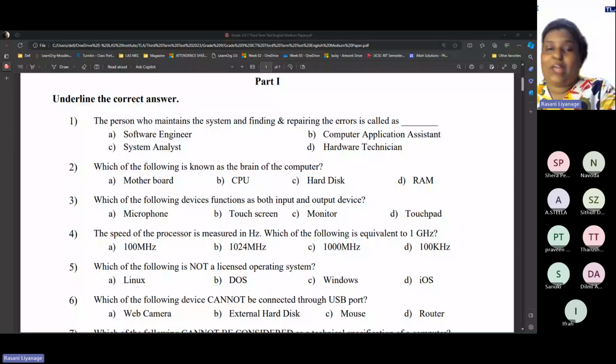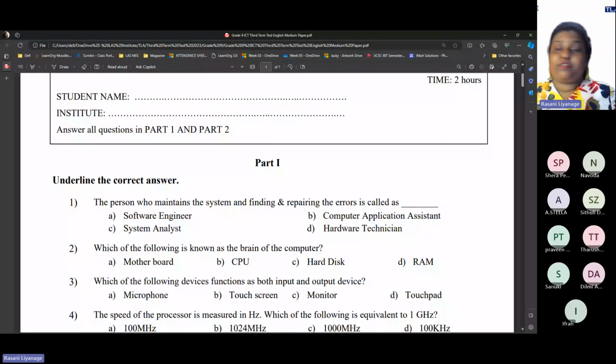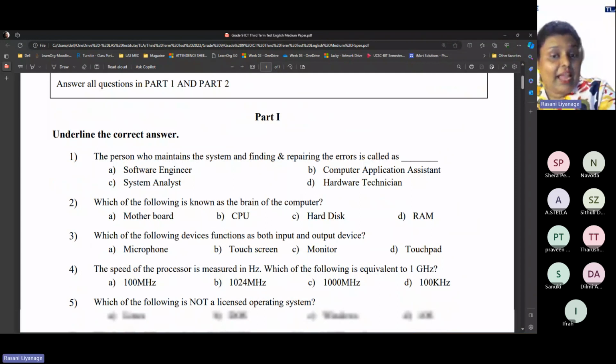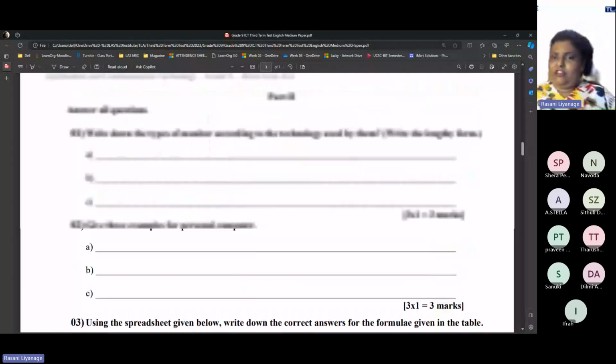We shall start the revision paper discussion now. You can see the screen here. This is actually a past paper made with a set of questions. Some were from government papers, some were from school papers. We have the MCQs and we have essay questions as well. First of all, we shall go to MCQs, shall we?